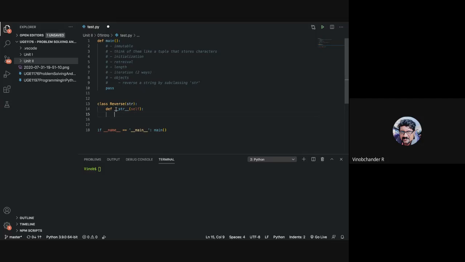Or there is another shortened notation that I will show you for now because of time, and we will see this concept again in detail in one of our future classes, which is a concept called slicing. So let us make use of this concept of slicing to return the string in a reversed manner. What you can do is you can just reference your self object, and then you can have this notation, colon colon -1. Don't worry if you are not understanding this part as of now. This essentially reverses all the items within the list or tuple.